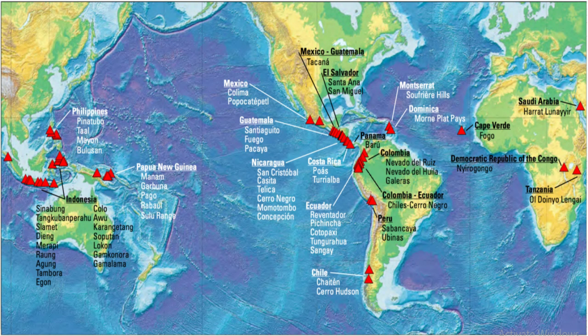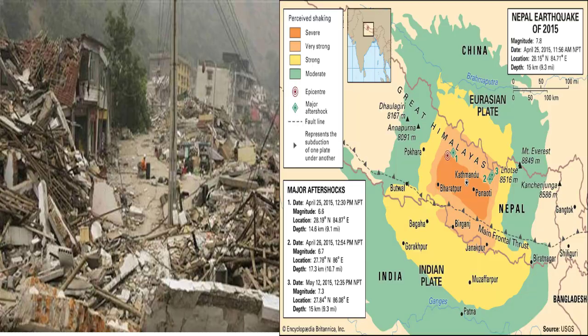You can see in these pictures the red triangles pointing to where most of the volcanoes occur worldwide. Coming to earthquakes, you can observe the Nepal earthquake of 2015, with major aftershocks and all. And recently, a 6.0 magnitude earthquake struck 11 kilometers, that is 7 miles, away from Assam, India at Indian Standard Time 7:51. It occurred recently, on April 28th, 2021.